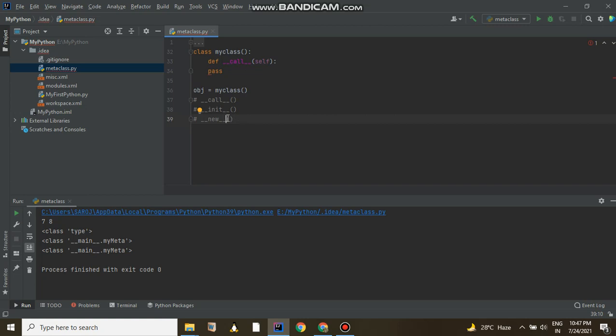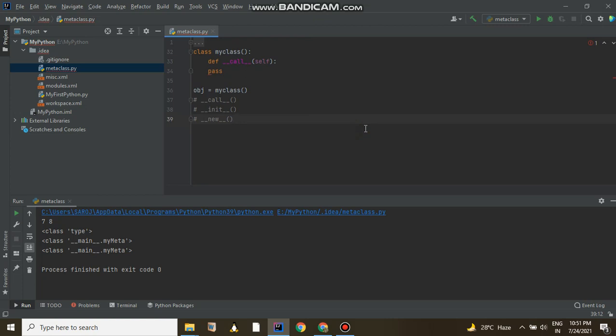So let me create a meta class here, and here is another hack. This new method is called when the object itself is not yet created. That means it is called to assign the attribute dictionary and a tuple of base classes before creation of the object, right?